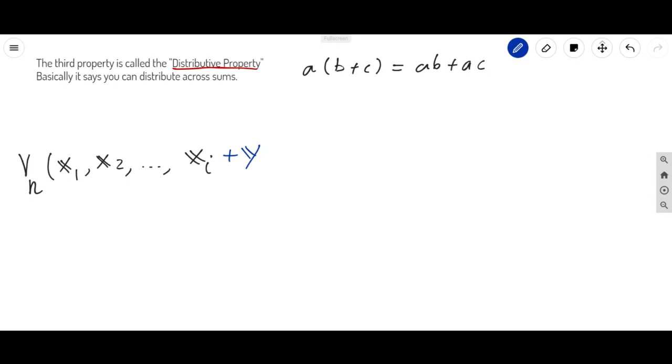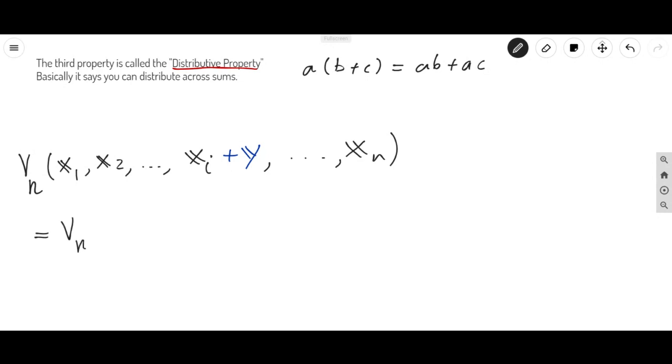We just add another vector to the ith coordinate, and then everything else stays the same. So all we're doing is adding y to the ith position. Everything else is unchanged. Then the distributive property would say that you can distribute the volume form throughout just like